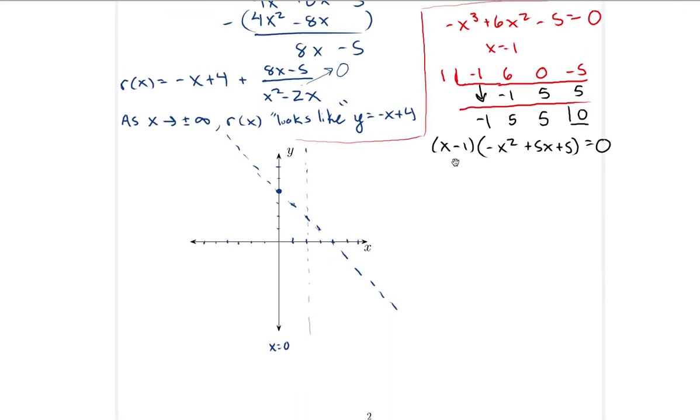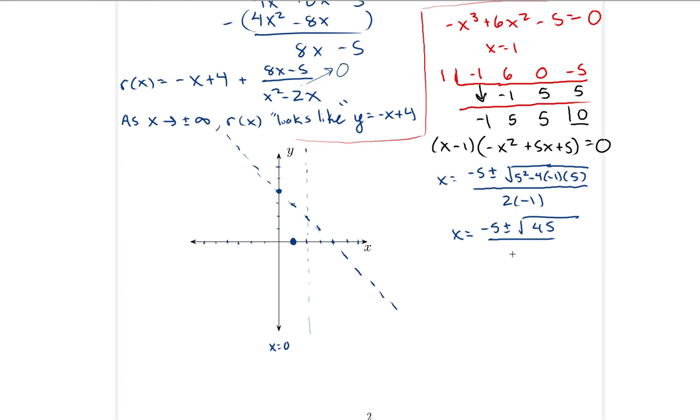Okay, so, on the graph here, I'll go ahead and put in x equals 1, right? So we got a point right there. All right, but let's find these other two. So x equals negative 5 plus or minus the square root of 5 squared minus 4 times negative 1 times 5, all divided by 2 times negative 1. So negative 5 plus or minus, and what do we get there? When we simplify all that, we get 45 in here,